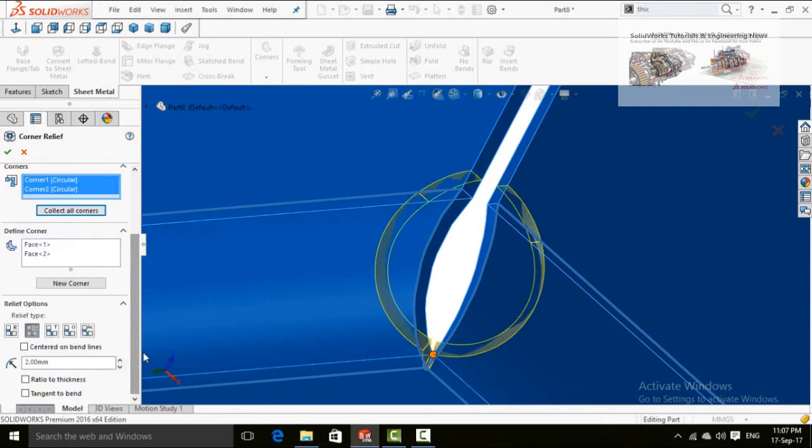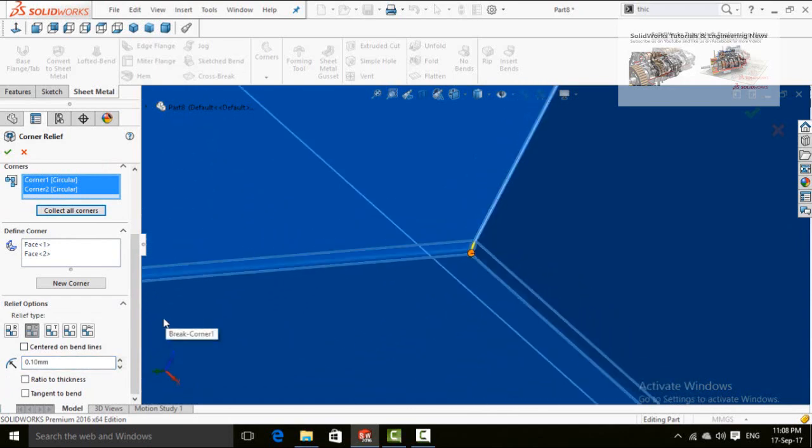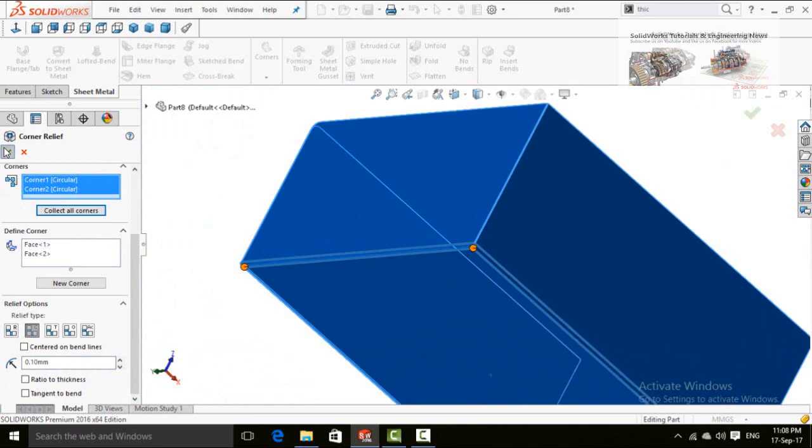Scroll down and dimension. Select your own and then 0.1. Now press OK button to apply this command.